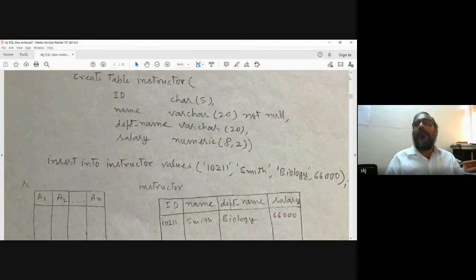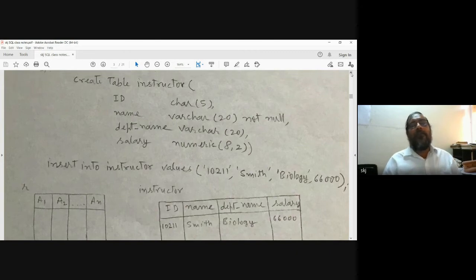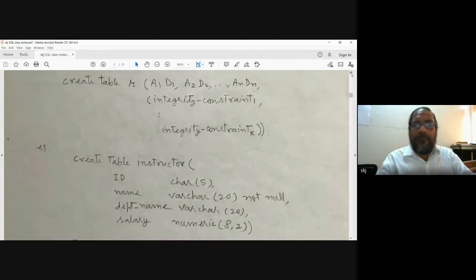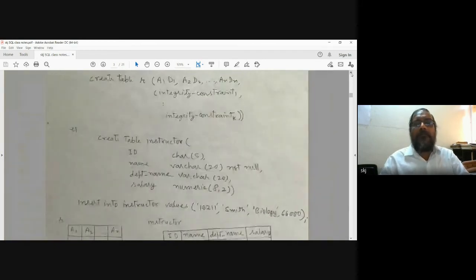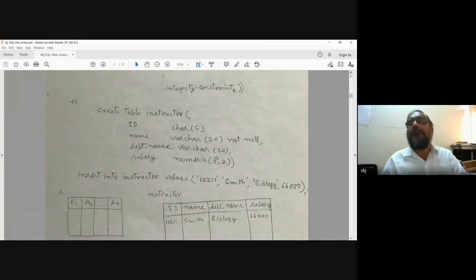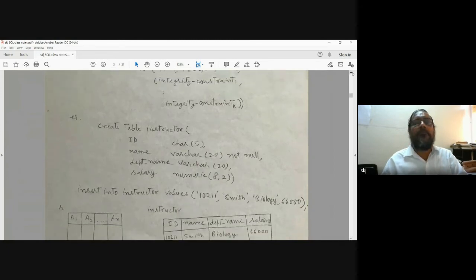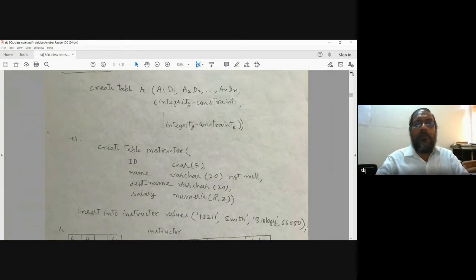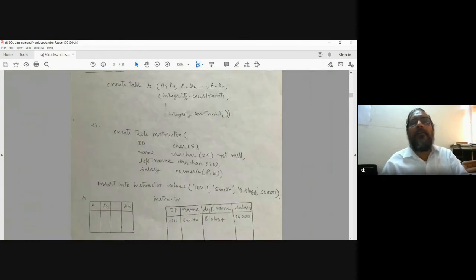So you see, when we write a statement, for create table A1 B1, this table is represented here logically, and for create table instructor, this table has been shown here.